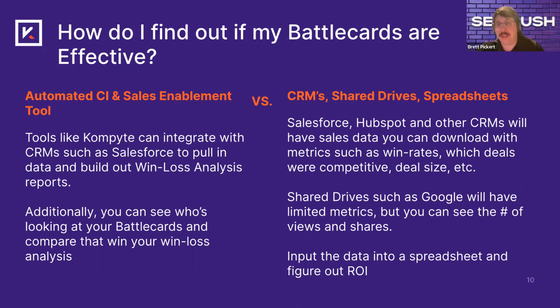They actually have limited metrics you can look at, so you can see the number of views your battle card is getting. You can even see the number of shares as well. But the reason why that data is limited, you can't see specifically who's looking at it, but you can see the number of views, which gives you a decent enough gauge of how your battle card's getting adopted. Also, with shares,